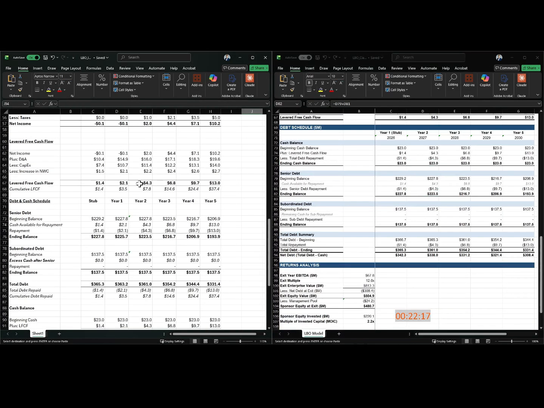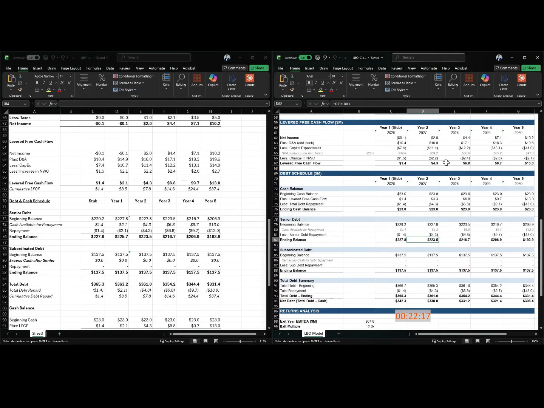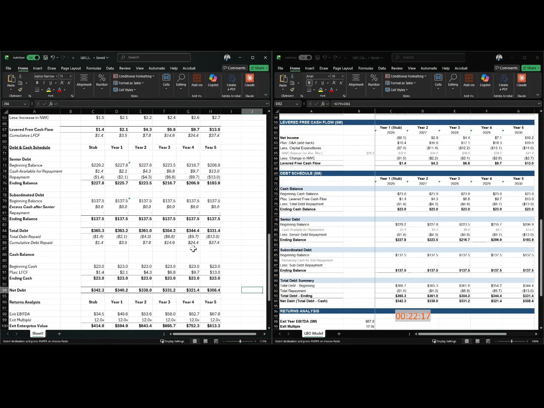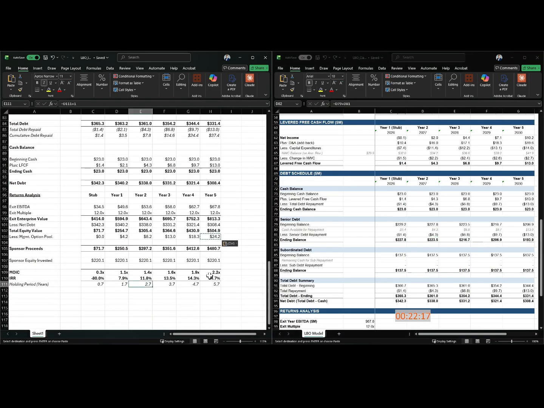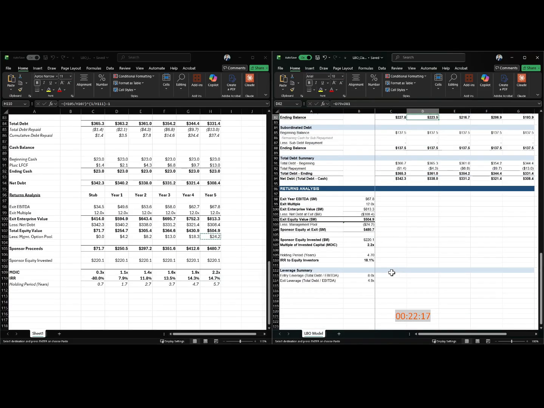If we compare our levered free cash flow, 1.4, 4.3, 4.3, 6.8, 9.7, 13, and then all the way down to our IRR of,